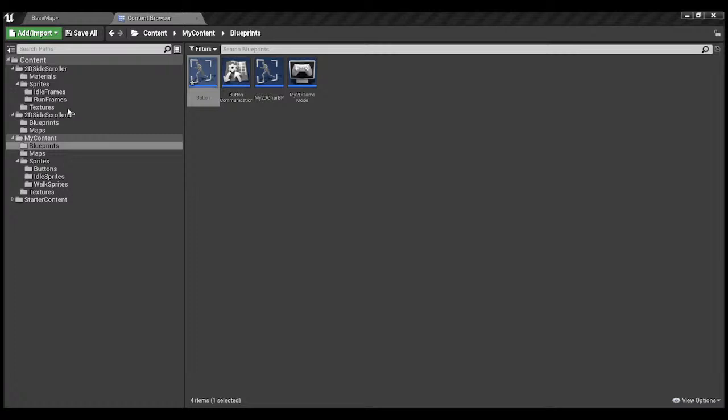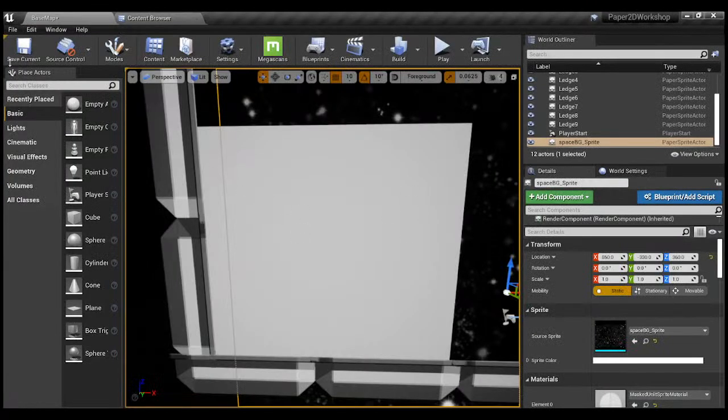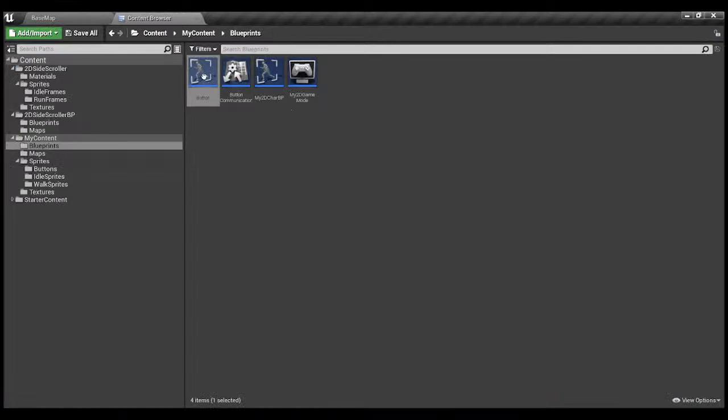I think you can do this. Object reference, sprite object reference. So now I'm going to switch these on. This will allow it so that every time I pull out a button and put it onto the map, I can edit those two values for the button. So by default I'm going to put this